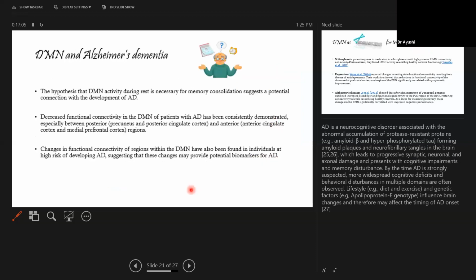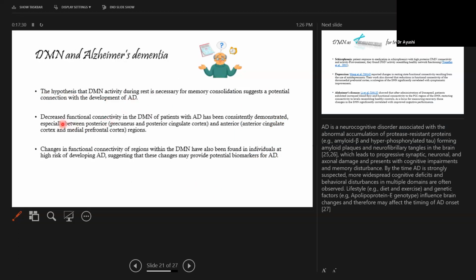Then default mode network and Alzheimer's disease. Now here, it is said that there is hypoconnectivity of the default mode network. In schizophrenia, in ADHD, in autism, we saw that there was hyperconnectivity, hyperactivity, but in Alzheimer's, there is hypoactivity. The hypothesis that DMN activity during rest is necessary for memory consolidation suggests a potential connection with the development of